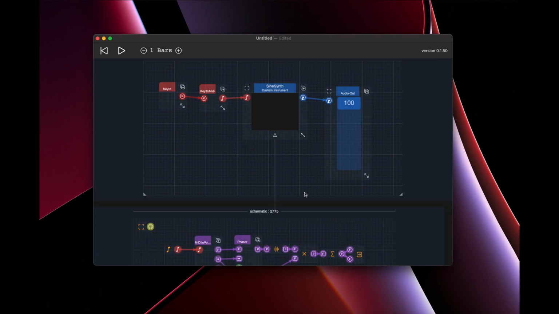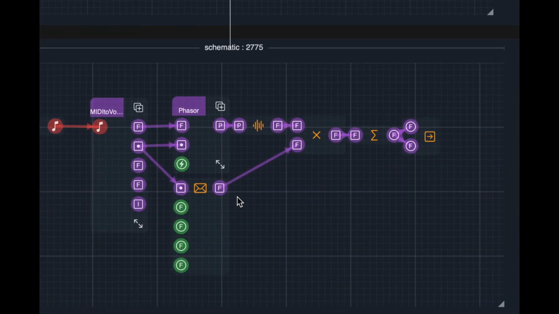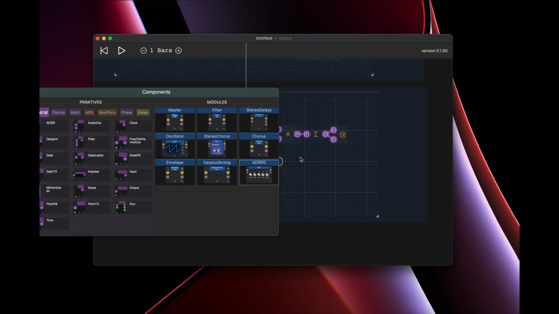Now I'm going inside the sine synth, and that's our synth. Okay, so you see here these purple connectors. They might change color, but for now they're purple. This is all compiled code. It runs C functions. And the ones with a square, they represent 16 values. F for float, the dot is a boolean, I is an int, and you also have a double, which normally